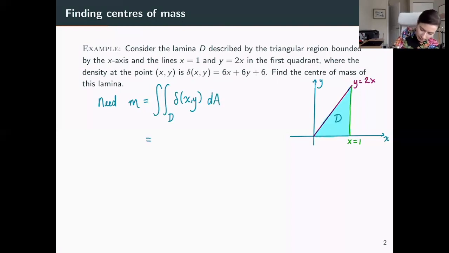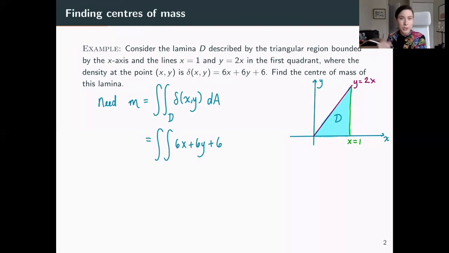We can simplify this. Our density function is given by 6x plus 6y plus 6. Now we need to integrate this function over our domain D. So we're going to have to set this up. To set it up, we can return to our methods of setting up double integrals over general regions, and see that if we integrate with respect to our y value first,